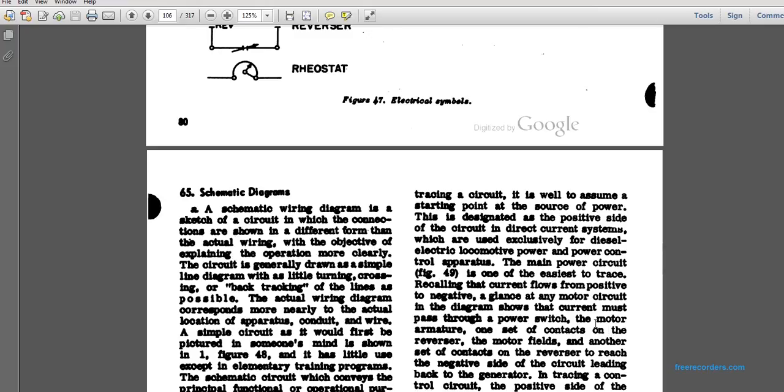Recall the current flows from the positive and negative lines to any motor circuit of the diagram, showing the current passing through the power switch to the motor armature, through the contacts on the reverser to the motor fields, and on through the other set of contacts of the reverser to reach the negative side of the circuit leading from